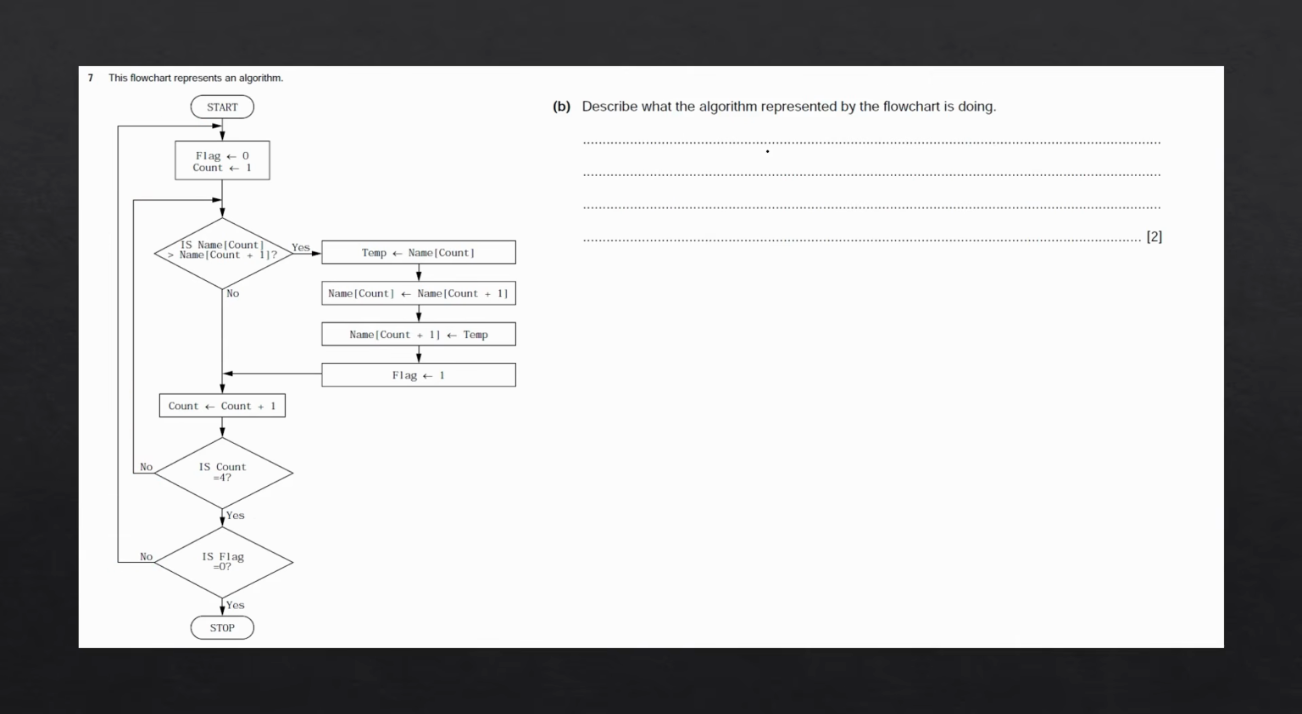Let's go ahead and write this into the description. Remember, it's for 2 marks, so we need to give 2 points. First off, we can say that it is a bubble sort algorithm. Then we can say that it sorts names in alphabetical order, and that will give us 2 marks